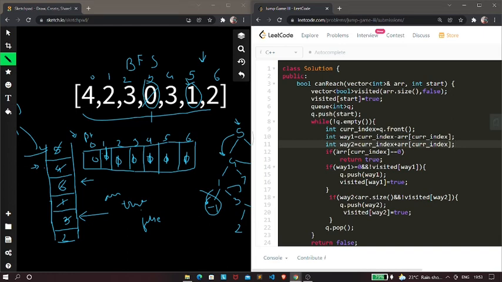Now, so we have actually got the two ways we can move. Next we need to check whether the arr of the current index is equal to 0, okay? Whether the element is 0 or not, in that particular index. If it is 0, then we are just going to return true, and that's all. But if it is not, then we are going to check whether our way1 is greater than or equal to 0,